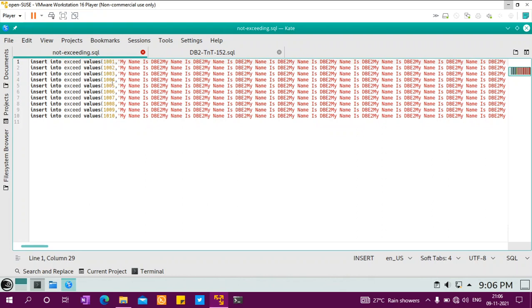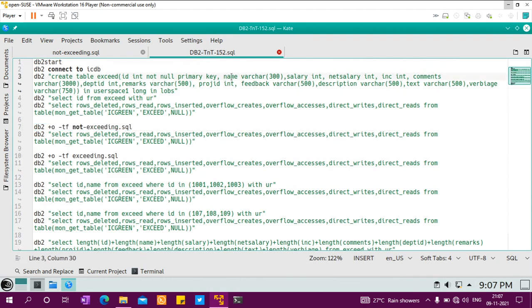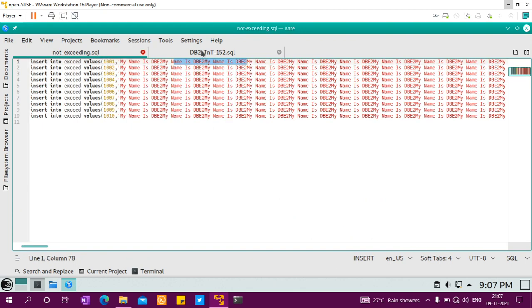So 1000, 1000, 2010, and here I have chosen the values such that I'm giving those various definitions, like the name column, the ID column, the net salary column, the remarks column. So if it is 500, I'll give only 400 characters. If it is 3000, I'll give only 2000 characters. So I have prepared the script like that. So this will not exceed the row limit of 4096. So these set of records.